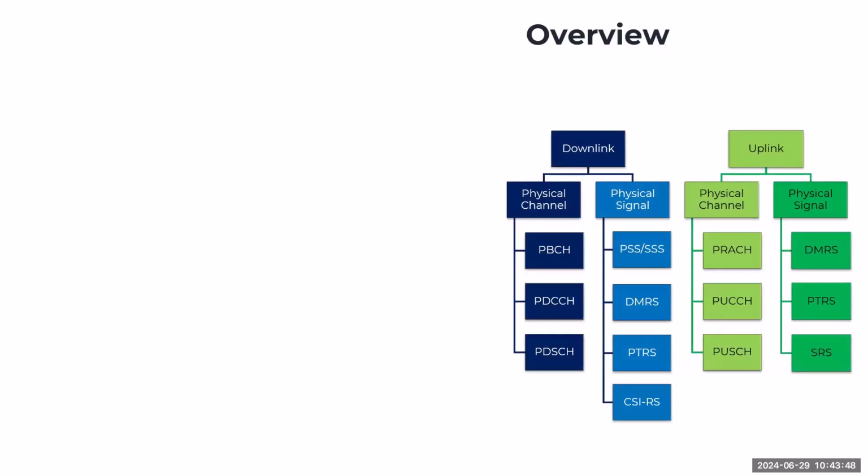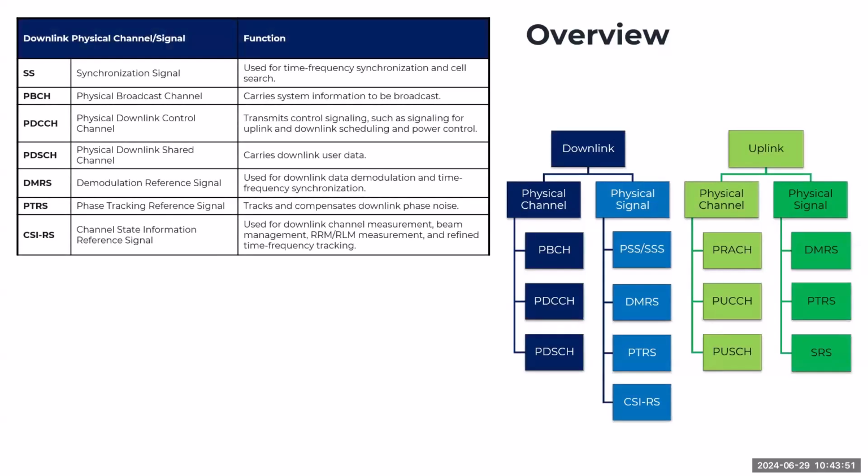So if you look at the different channels, we're going deeper now, when it comes to 5G. Although we will have a different program or course tackling these details, especially the design, the air interface, and the optimization of 5G. So we have the downlink physical channels and signaling, and you have the downlink and the uplink. You have the synchronization signal, broadcast signal, physical downlink control, physical downlink shared channel, demodulation reference signal, phase tracking reference signal, and channel state information reference signal. We will not tackle this in this session because we are limited on time.